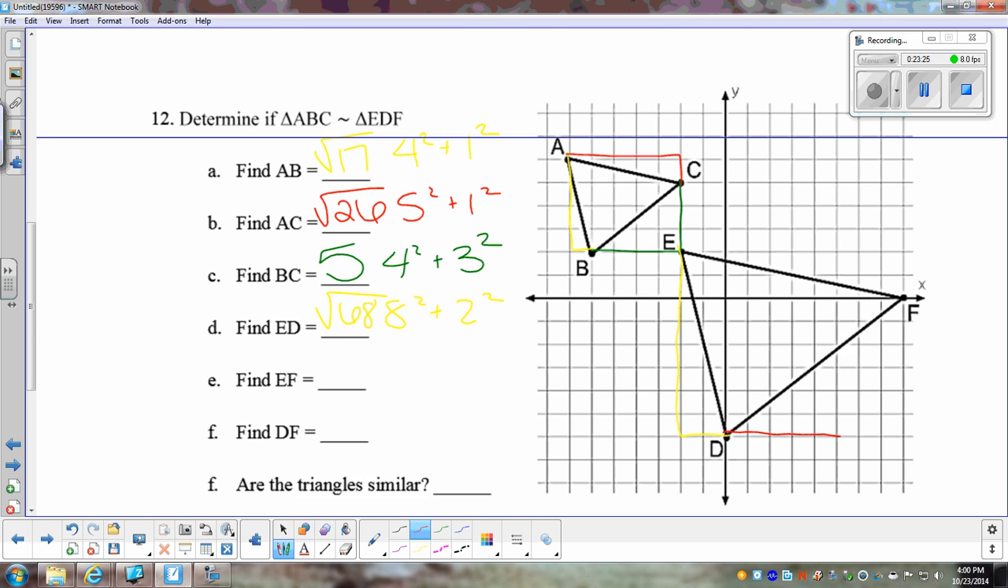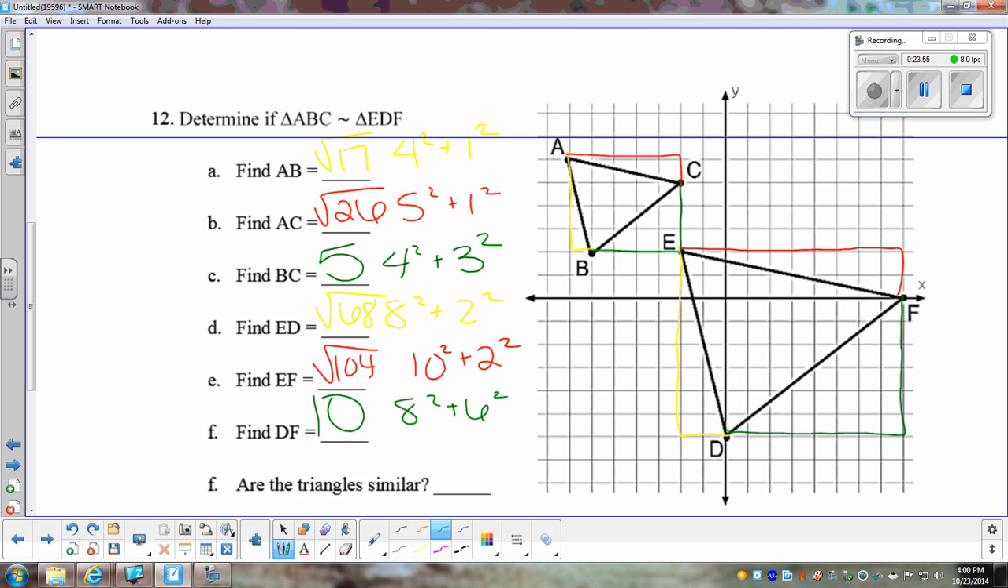DF, I want to do EF first, sorry. EF over 1, 2, 3, 4, 5, 6, 7, 8, 9, 10, down 2, which is the square root of 104. And lastly, DF, I went over 8 up 6,